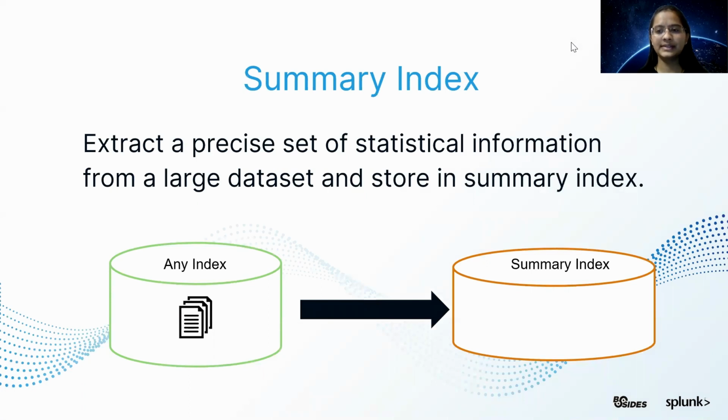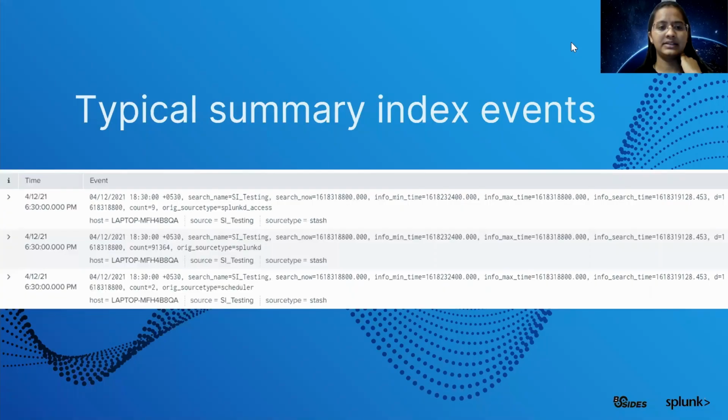Now let's talk about the summary index. A summary index enables us to search on a large volume of data. Whenever we create a summary index, we create a relevant scheduled search which runs in the background, extracts the statistical information and puts it into the summary index. So obviously, whenever we fire any query on the summary, it's faster because it has less data, and only the results relevant to your searches will be available in the summary index.